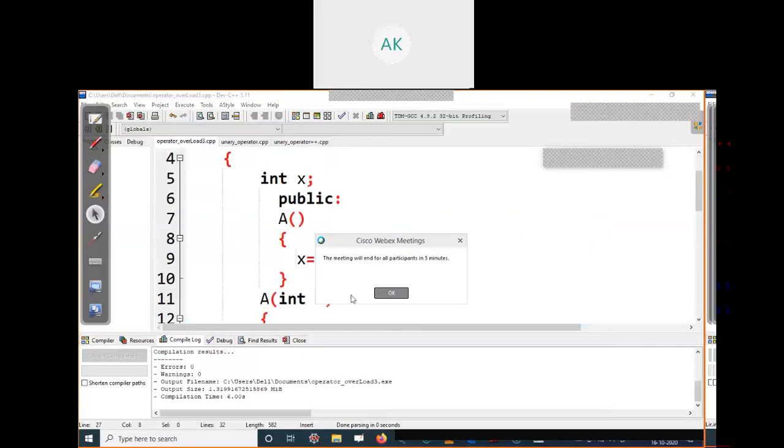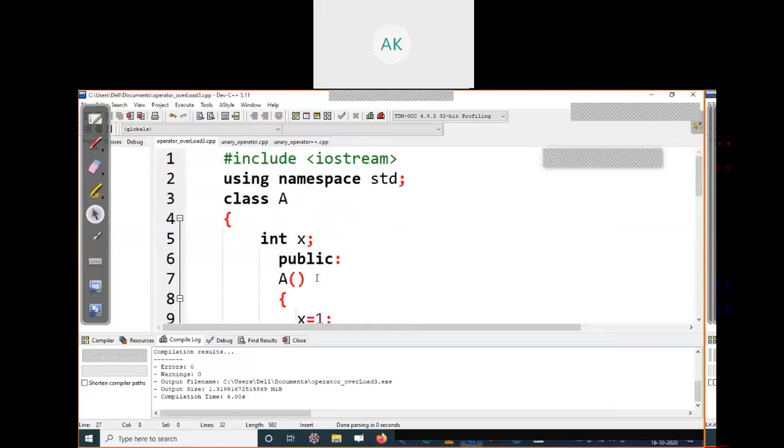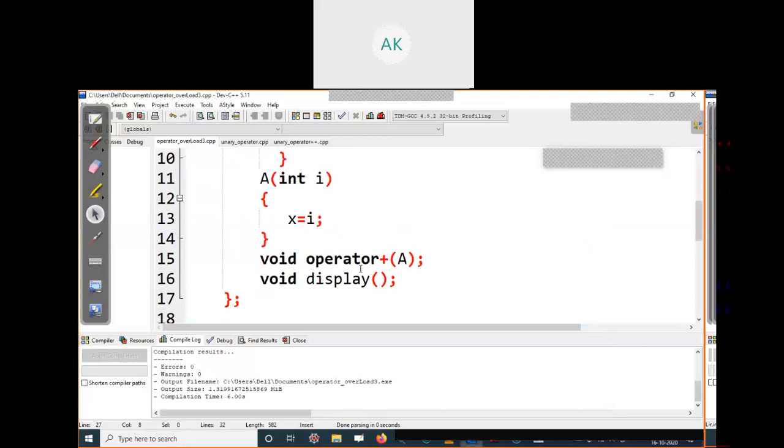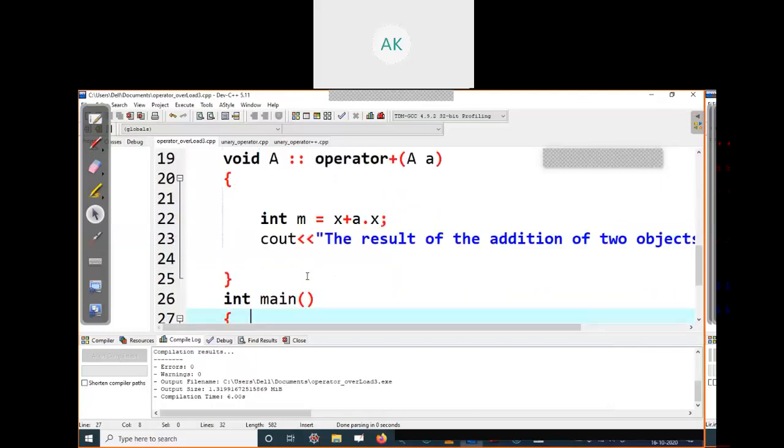So using this example, I just want to show you how we can overload a function or operator outside your class.